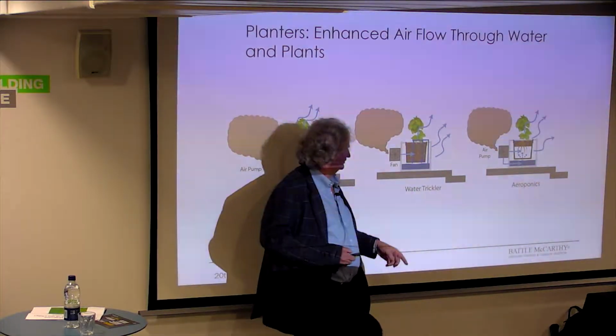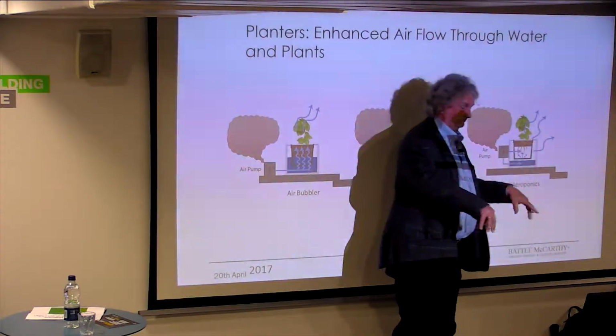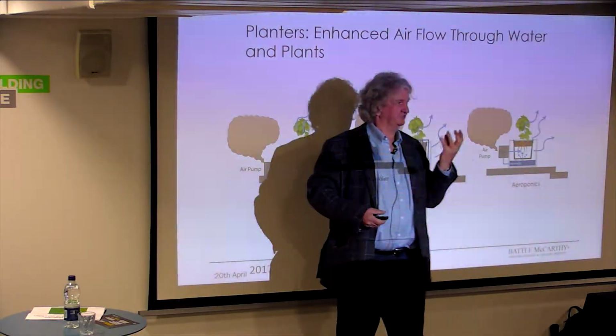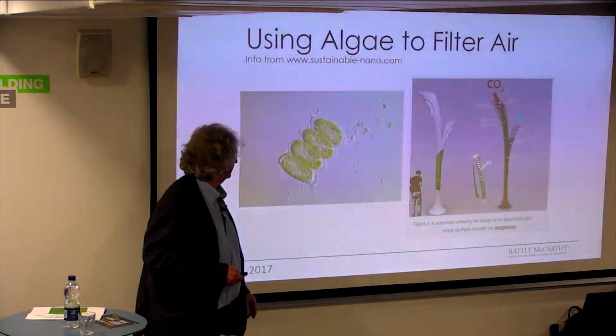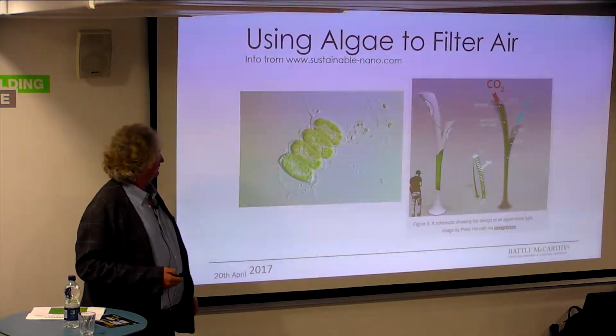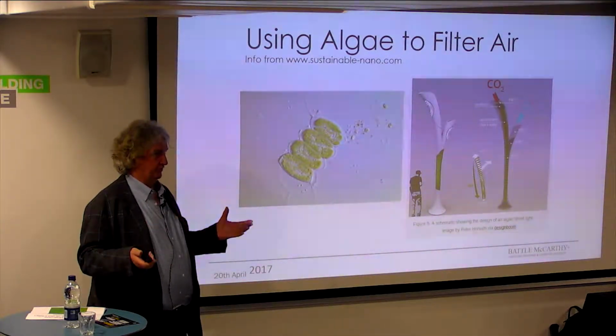And then the last one is this aeroponics, where you spray the water underneath. The roots hang in an inverted shower. And again, you just simply blow the air through. And now we're moving on to very advanced work in working with algae and algae lamps that absorb, in the